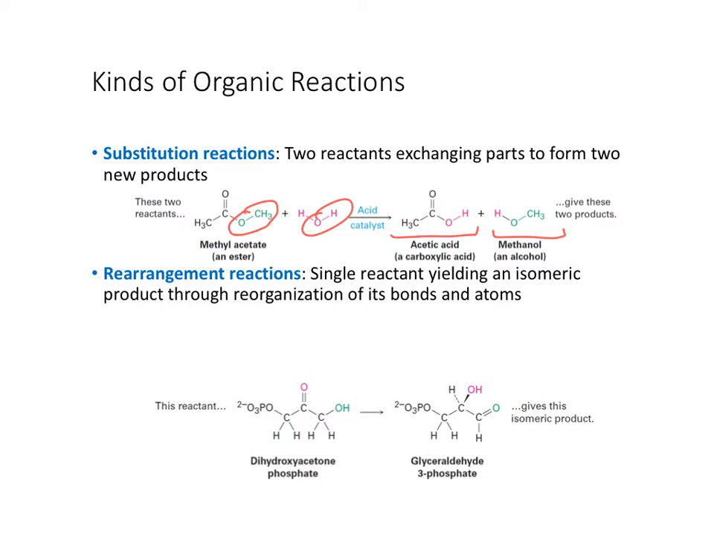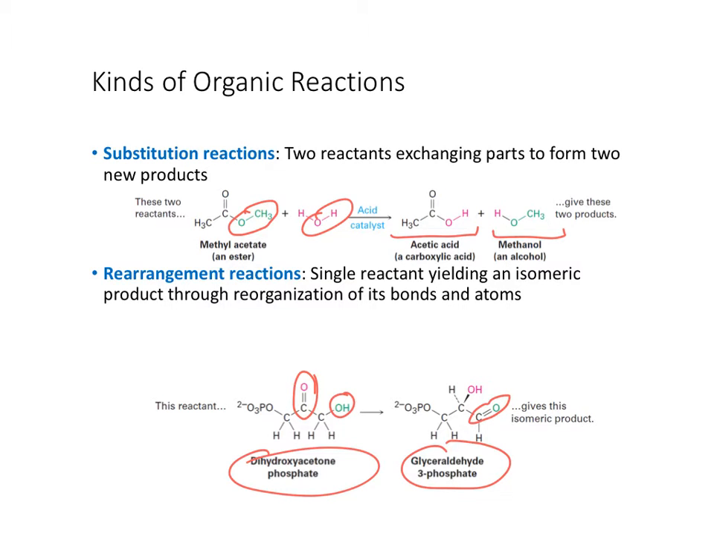In a rearrangement reaction, a single reactant is reorganizing its bonds and atoms to form an isomeric product. So if we look at this example starting with dihydroxyacetone phosphate, that can rearrange to form glyceraldehyde 3-phosphate, and these are isomeric products. Notice that here you have the double bond to oxygen, but now it's on the terminal carbon in the product. And likewise, the placement of the OH group has also changed from the terminal carbon to the